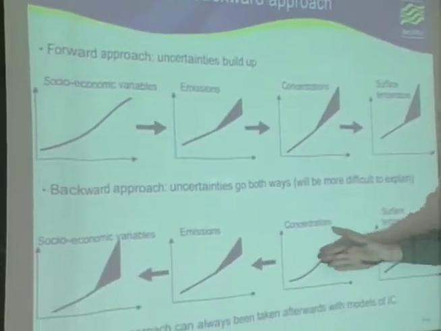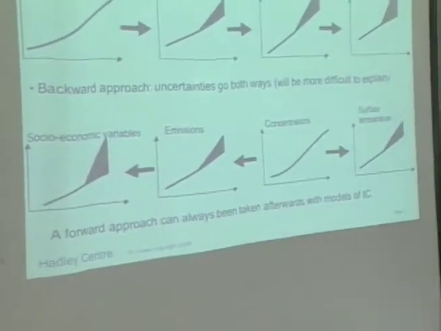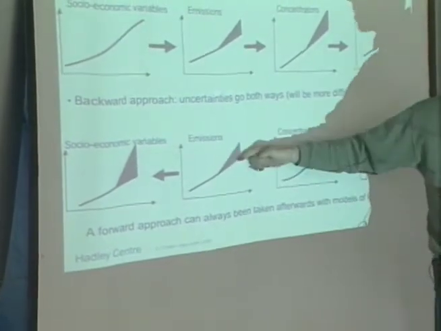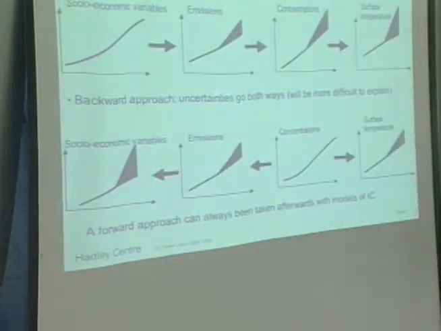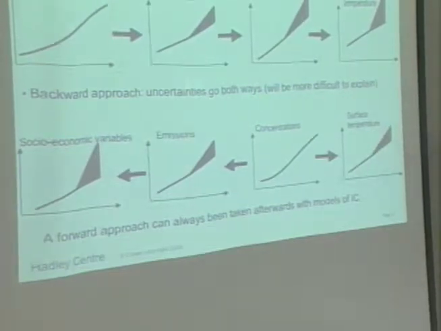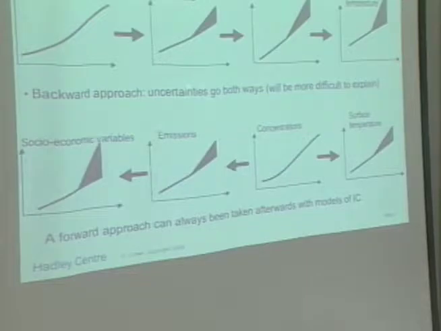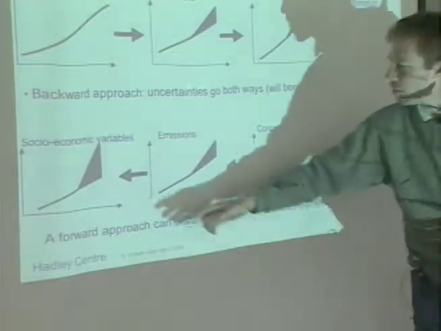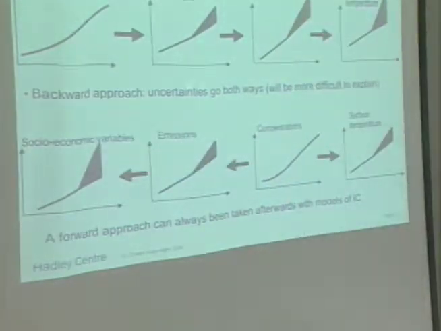And what we've been proposing this week is that we sort of prescribe the concentrations, and then we work backward to the emissions, and then we work backward to the implied socioeconomics, and in that direction we would estimate surface temperature or climate change. So this time it makes things a bit more complicated, especially in terms of uncertainties, but you can still use a forward approach to simulate the bottom-up propagation of uncertainties if you want. This is probably more difficult to explain to the policymakers, but I think we've demonstrated that there were a good deal of advantages as well.